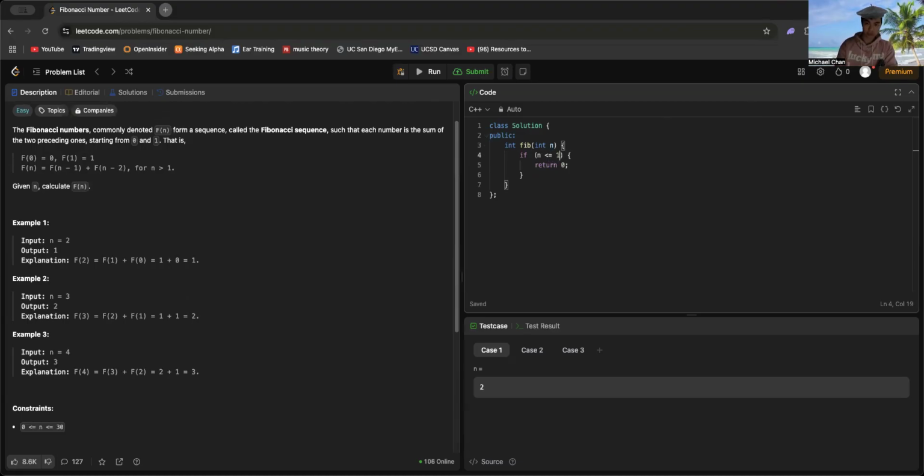If n equals one, this should return one. And else this should return